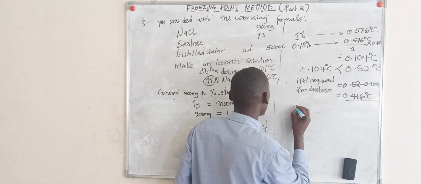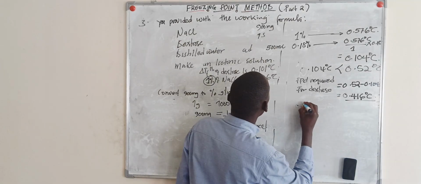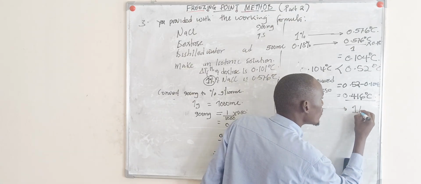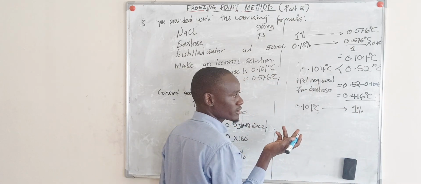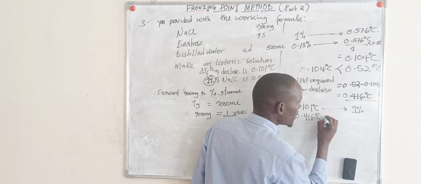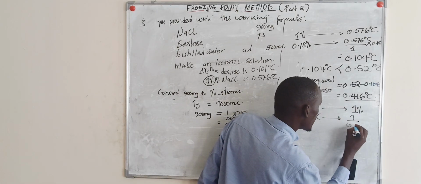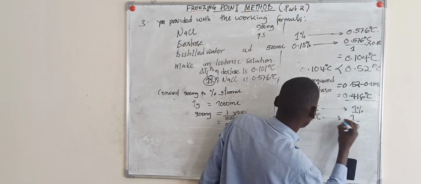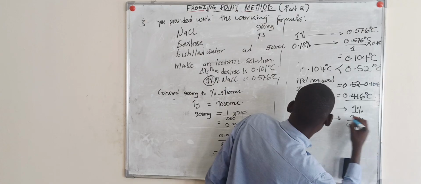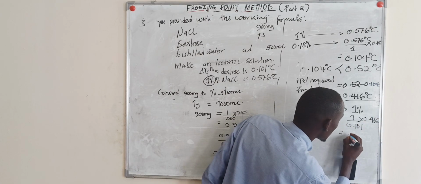But remember, we know from our question, they have said that 0.101 degrees C is the freezing point depression produced by a 1% solution of dextrose. How about the remainder which is required? This will provide 1 divided by 0.101 times the 0.416, and when you compute this, we shall get